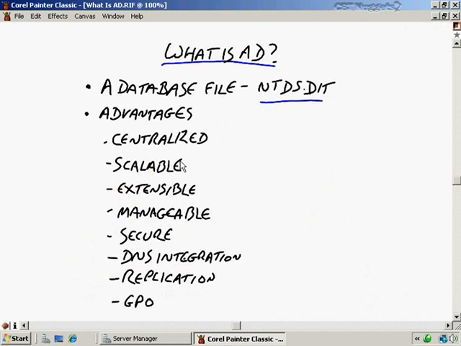All right, now let's come back here and just continue our discussion of what Active Directory is. We already discussed that it's an ntds.dit file, and we started to look a little bit at the hierarchy of it, organizational units, and so forth. But before I move on too much, let's talk also about some of the advantages of Active Directory. Now, you're not likely to be examined on any of this in the exam,